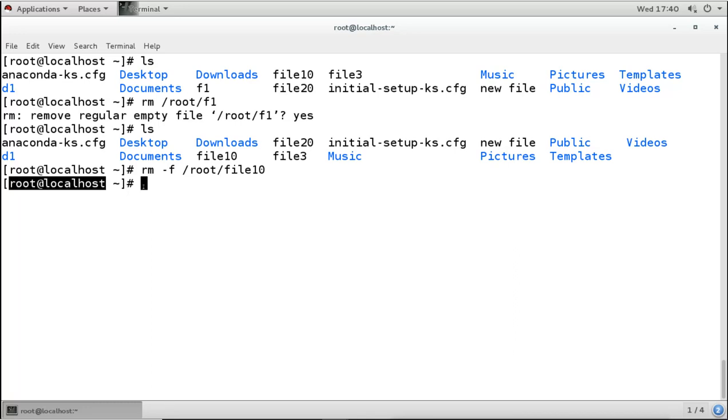So if you mistakenly run the command to delete something, and if it is deleted, then it will not be possible to recover. But if you are logged in as a normal user, and you mistakenly run the command, you will not have permission on everything. So what will you get? You will get an error. Instead of removing the file, you will get an error.